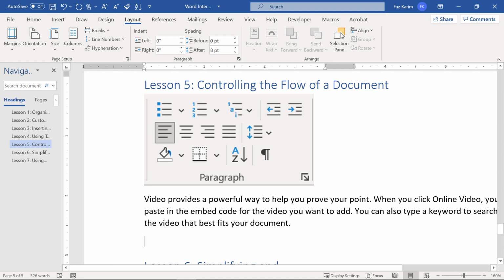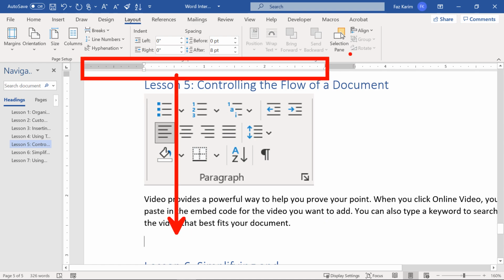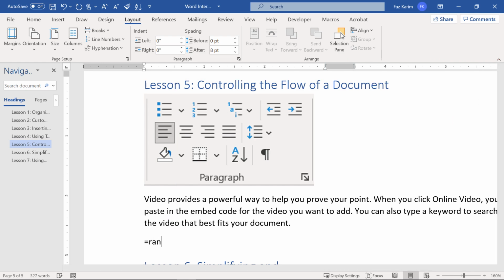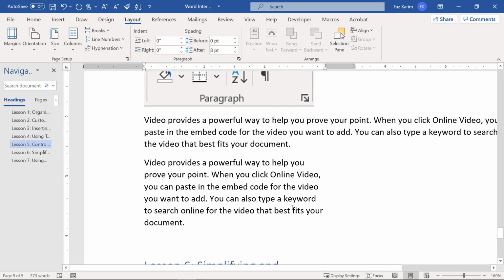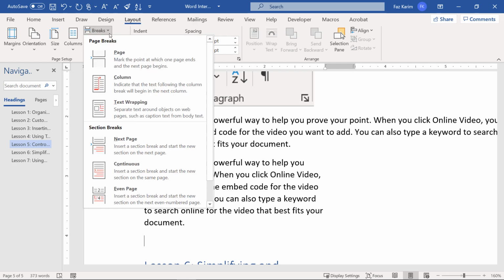And you're going to notice that the ruler in Microsoft Word now shows that you have 2 columns within this document here. So if I type in, I'm going to do random 1 paragraph and 3 sentences there. You're going to see that it shows up in 1 column. And if I need to, I can actually move on to the next column in the Word document by simply inserting another type of break. Now I'm going to go ahead and insert a break here. And this break that I'm going to insert